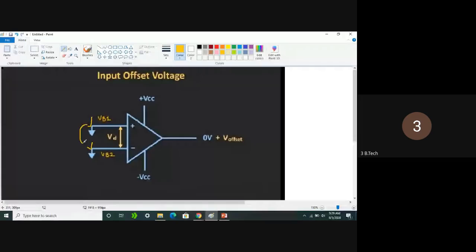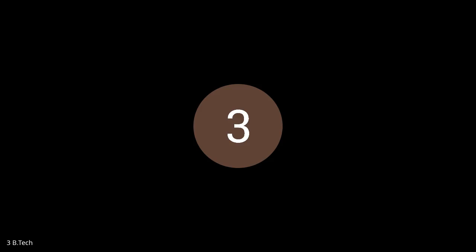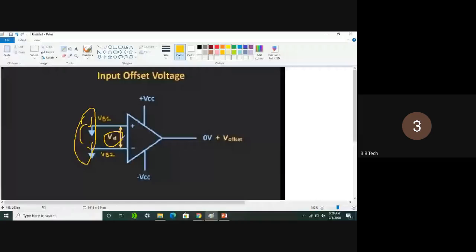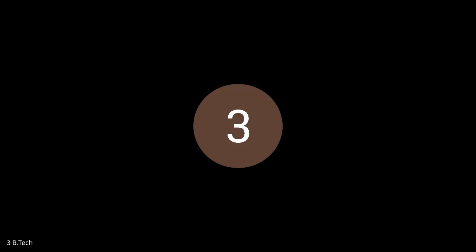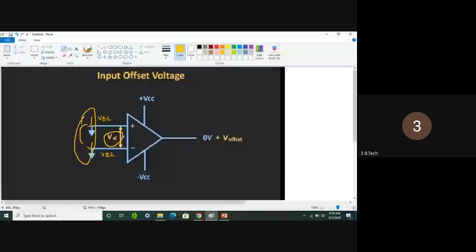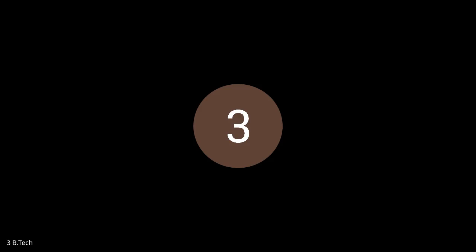What is the purpose of an operational amplifier? If any differential voltage occurs, that voltage is going to be amplified. So without providing voltages at either the inverting or non-inverting terminal, we get a differential voltage only because of the mismatching of transistors. The two transistors we use in the differential amplifier are practically not ideal, so their biasing voltages are not equal, and some differential voltage will occur. That voltage is amplified and produces the output. If no feedback is provided, this amplifier is nothing but an open loop amplifier.